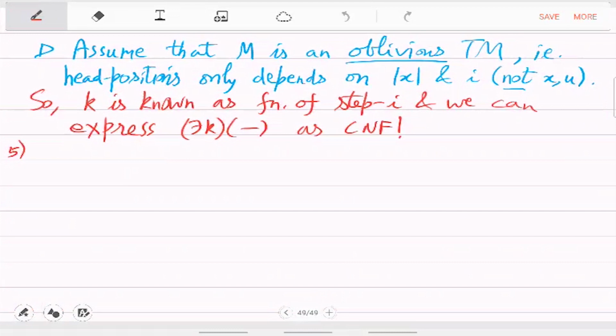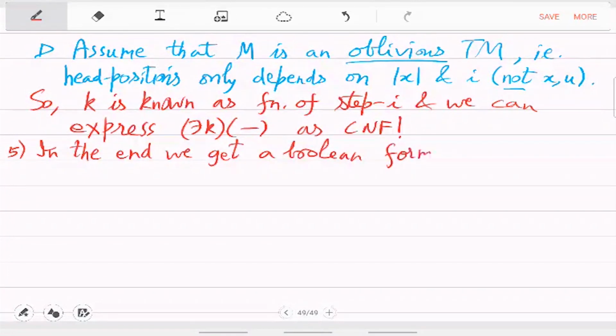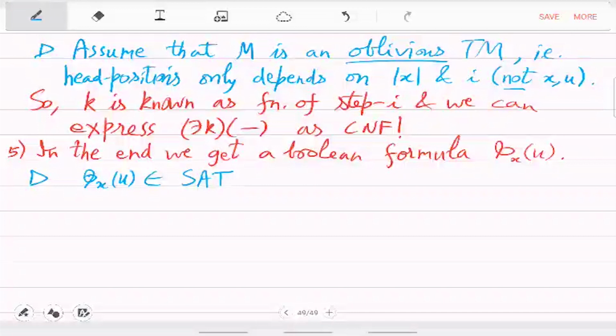So, in the end we get the formula phi x u, and the property is that phi x u is satisfiable with respect to u,